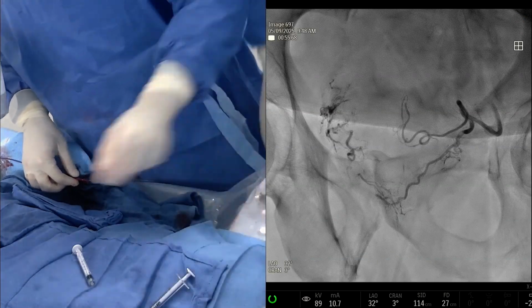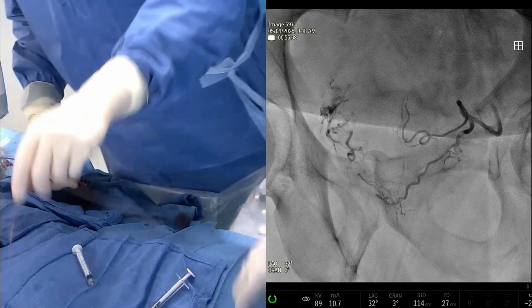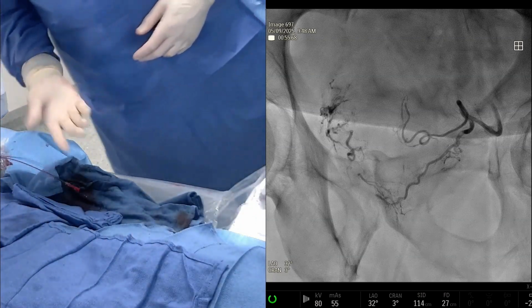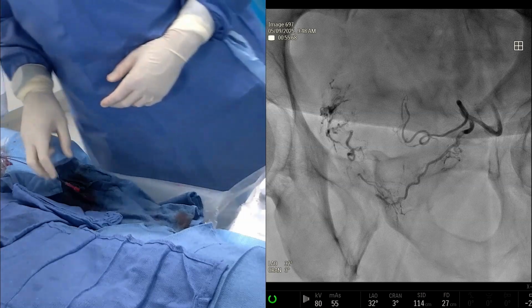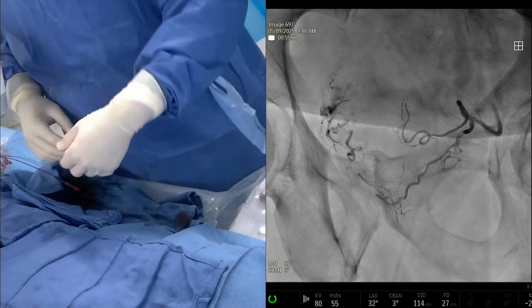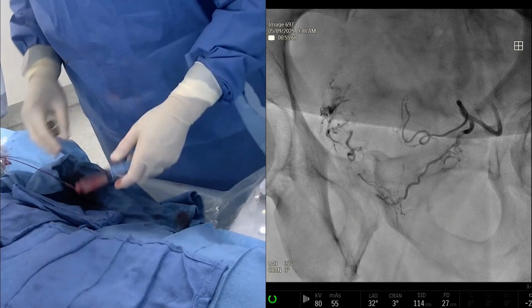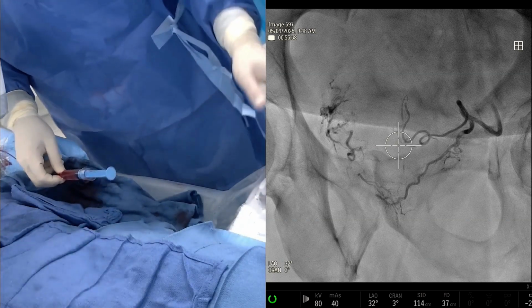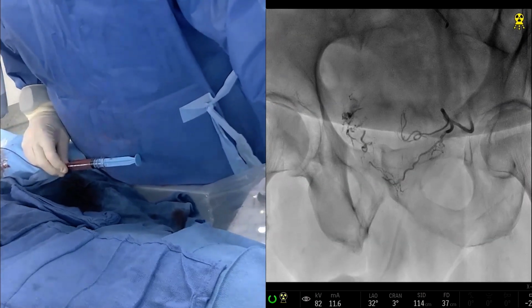No issue with catheters sticking or grabbing glue if you're careful, but you do have to be vigilant, because one of the downsides of using an adhesive agent is that you can pull some of that glue out and into the other branches more proximal, which would create non-target embolization. So before we finish some of these discussion points, I'm going to do a quick run